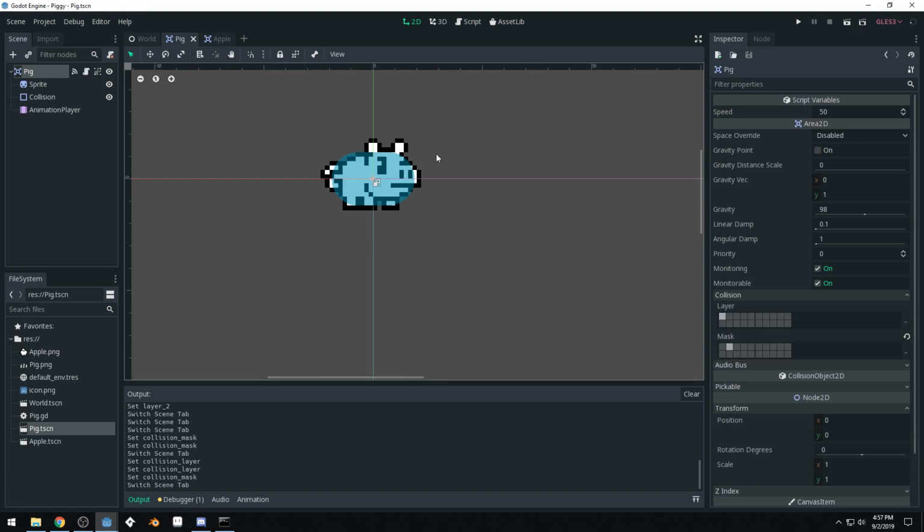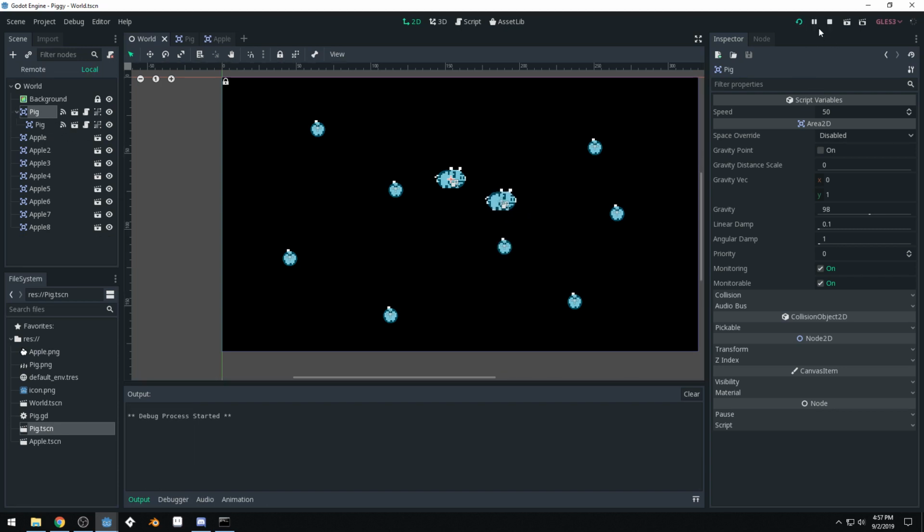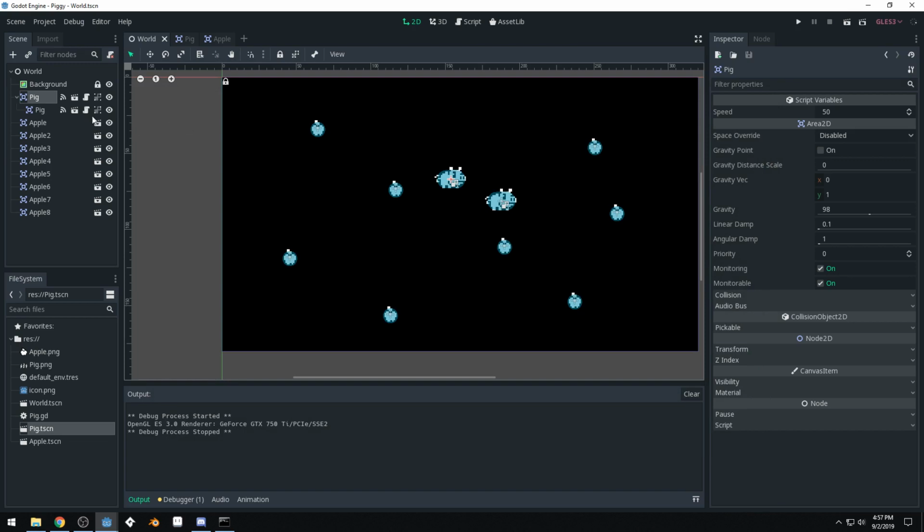Now if we come back into our world and we add another pig as a child of this pig, right? And we run the game, the pigs will no longer delete each other, but they will delete the apples. They will still detect the apples in the room. And so you can use collision layers like this to